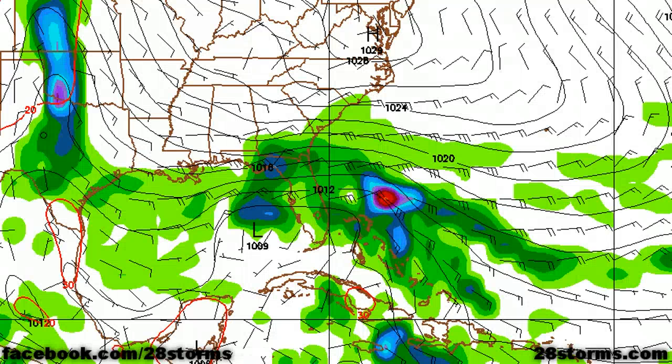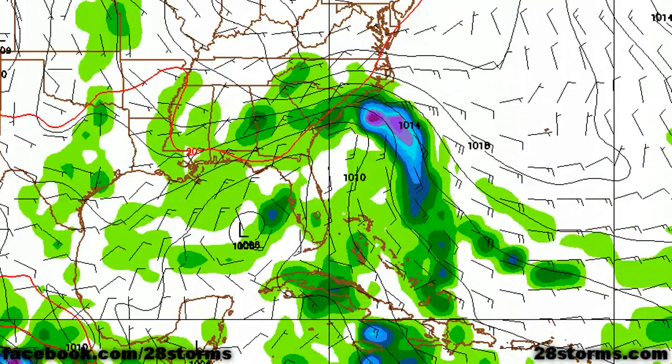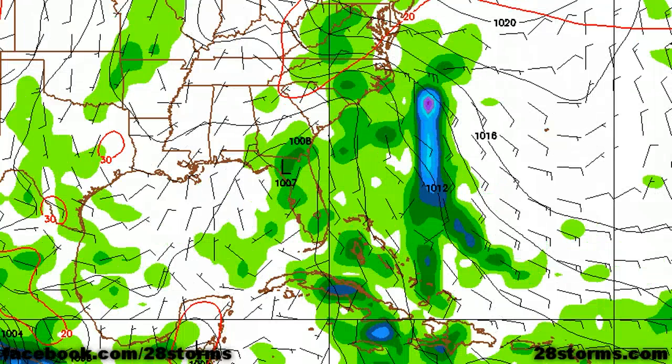This is the latest 24-hour sea level pressure forecast from the 18Z run of the GFS model, and the GFS is now on board with the idea that a weak surface low will develop over the southeast Gulf of Mexico, but notice that much of the precip associated with it is still going to be displaced to the northeast over Florida and the southwest Atlantic, and as we go into the next couple of days into 72 hours, so this